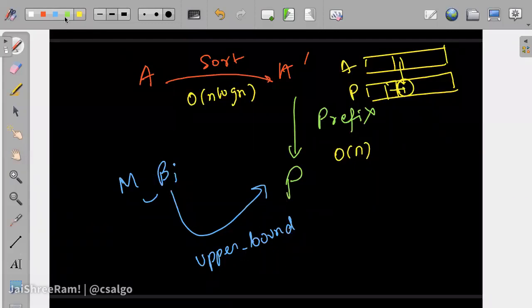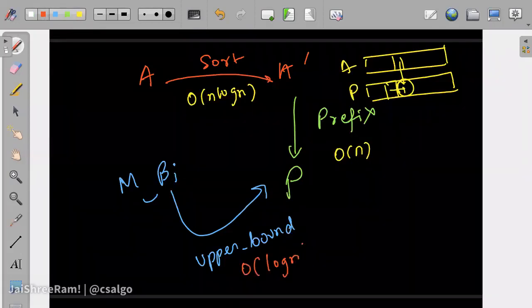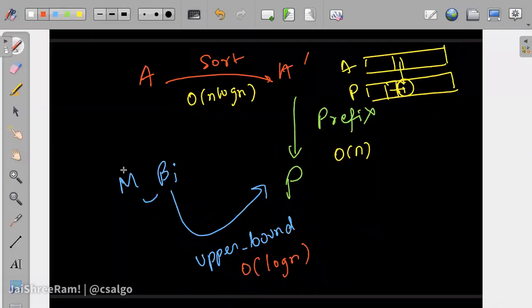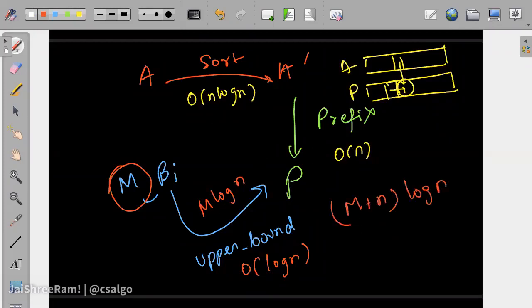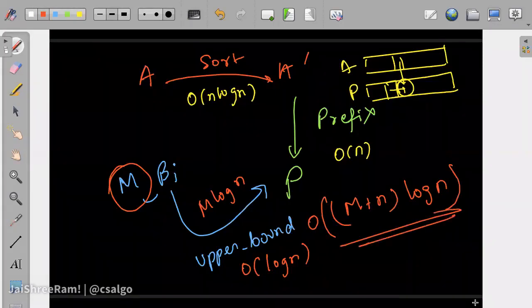Now this upper bound uses binary search, and binary search has a complexity of order log n. So each search will take order log n. There are m different elements, so it will take m log n in total. So the total complexity will be n log n plus m log n, so order (m plus n) log n. Is this part clear to all or not?